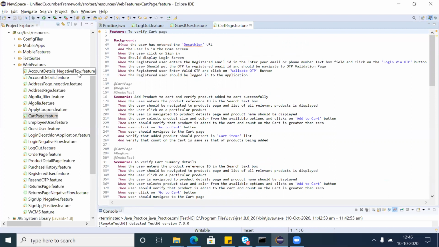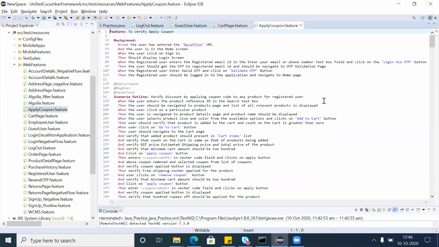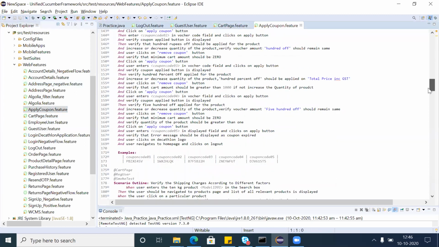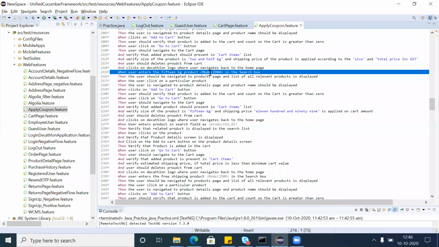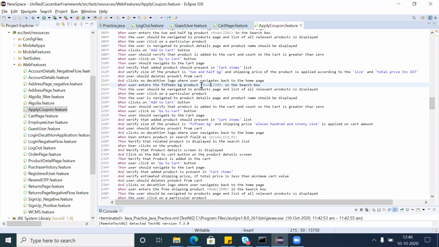No, Chaitanya, there we didn't write one. We have used outline only. Okay, see, what do you mean by data table? That is an inline parameter. See guys, line number 215 is an inline parameter. In 215, we have given the greater than and less than symbol, and we have given the parameter over there. No, even that is not an inline parameter, Chandrika. Below we are giving it in the scenario outline. An inline parameter is like single quotes.